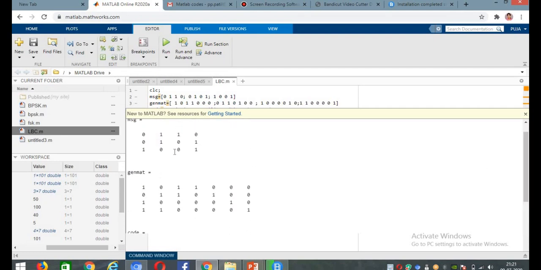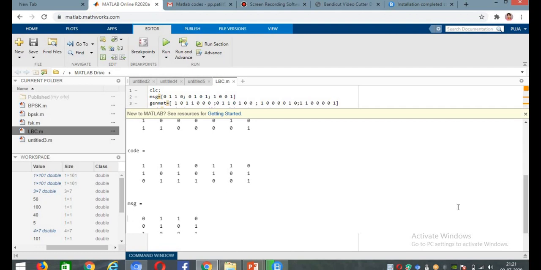If you check, the first is 0110, 0101, 1001, and similar is what we get at the recovered end. So we conclude that whatever code we transmitted, we are getting the same at the receiver end, meaning our coding and decoding took place correctly.